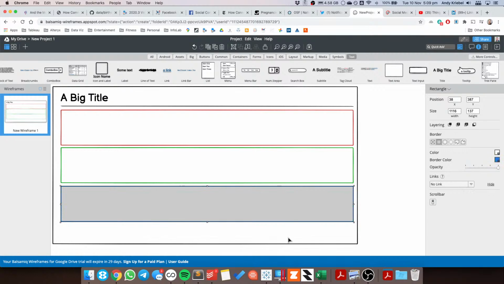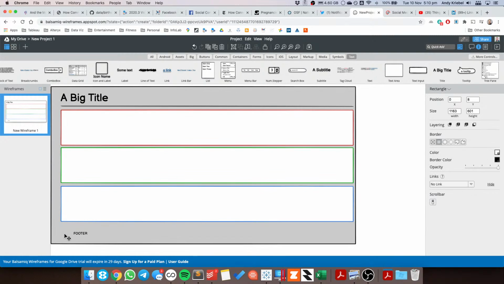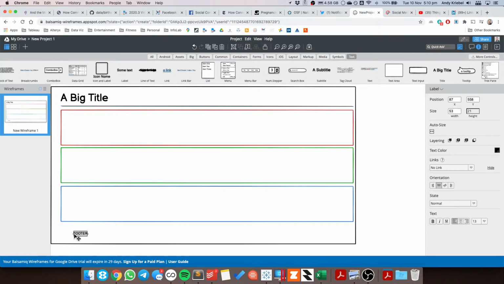Okay, so these are going to be 3 containers, and then I'm going to have another text at the bottom. So some text, and let's just drag that down here. And this is going to be my footer. Okay, and this will be where I kind of give the credits and all those sorts of things. So inside this black container, I've got a title, a vertical line, 3 containers, and then